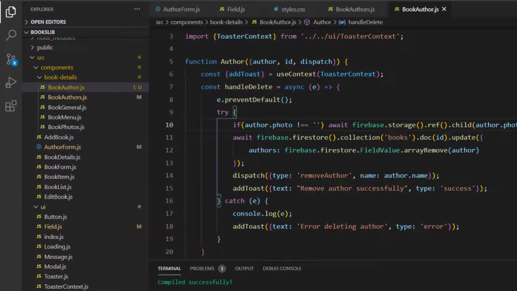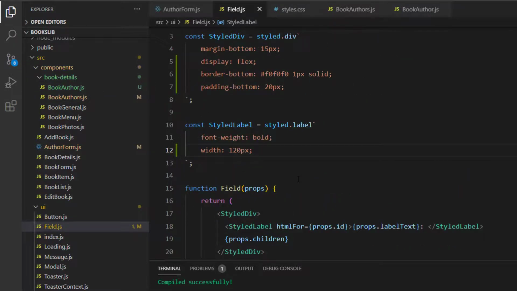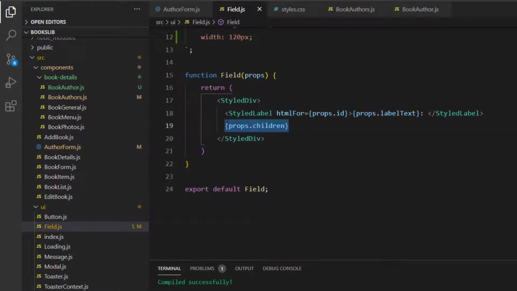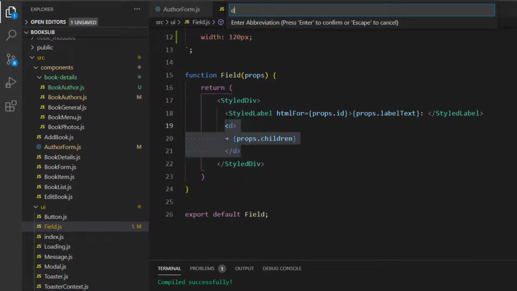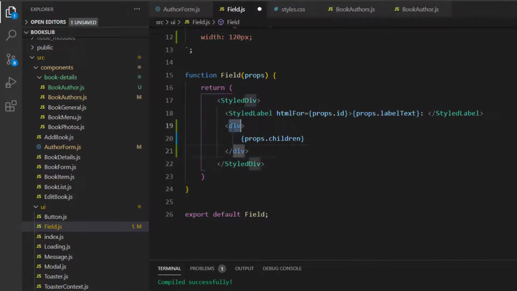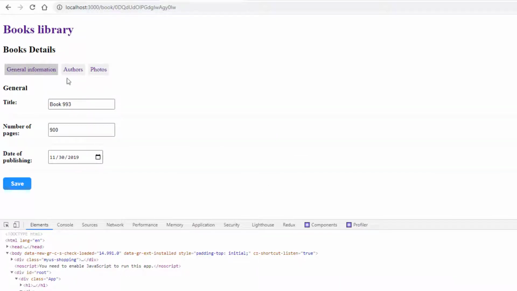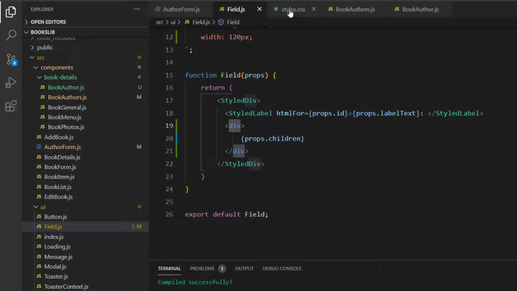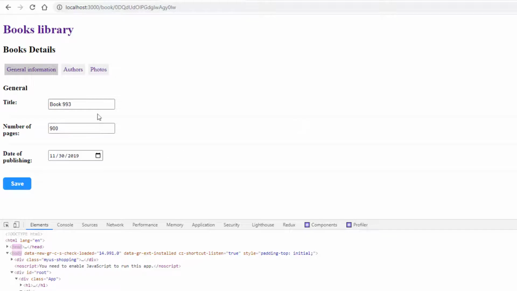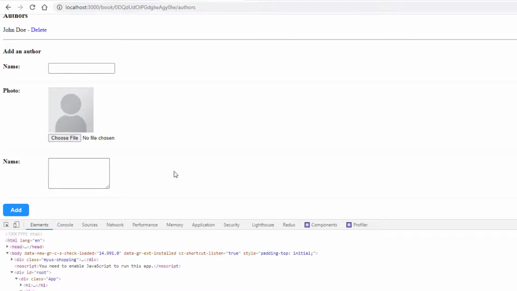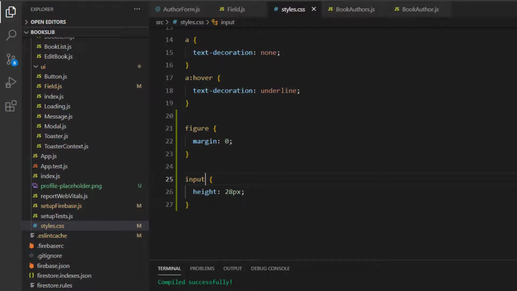So back in my book author, back in my field, I will wrap here the child, which usually is an input, with the div, so the flex will work on the div, not on the input. This way the input takes back its normal height. Here I will remove the text in case it's number or date, so it is applied to all the input. So if I check also the author form,